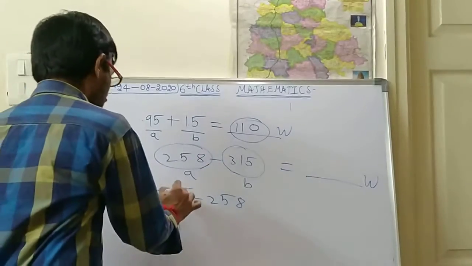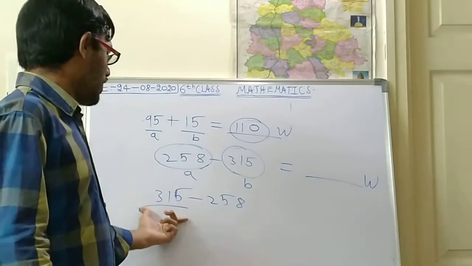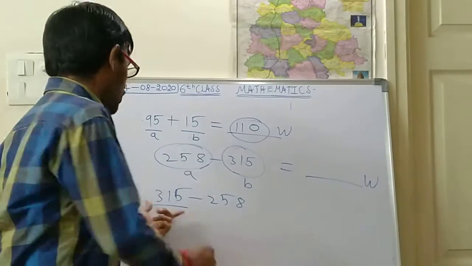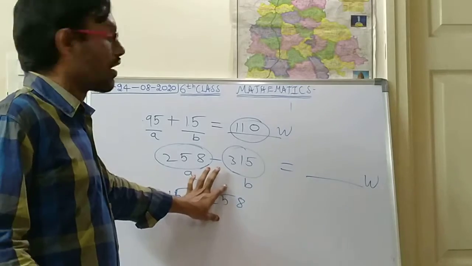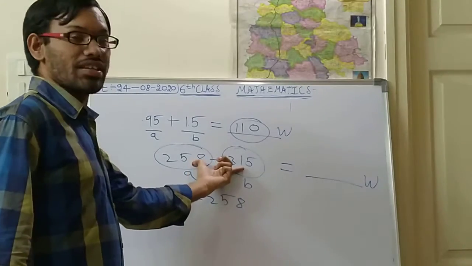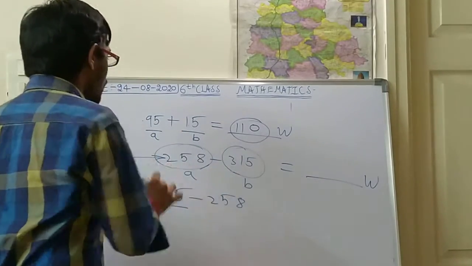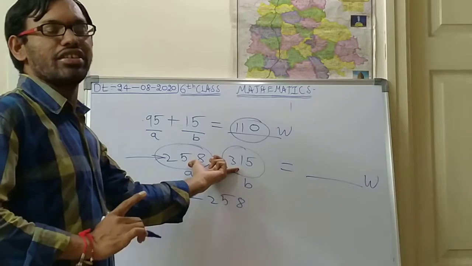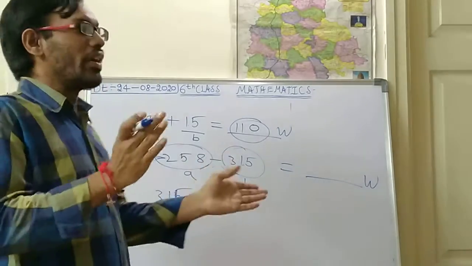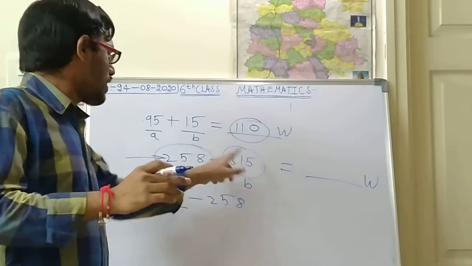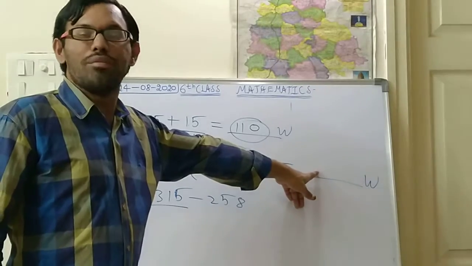Generally 315 is the biggest number. In subtraction, compulsorily the first number should be the biggest number. So from the biggest number only you should subtract the smallest number. I agree with that. But here we are discussing the property of a whole number. So why should we not interchange this? We are checking whether, if we do subtraction like this, the result will be the same whole number or not.